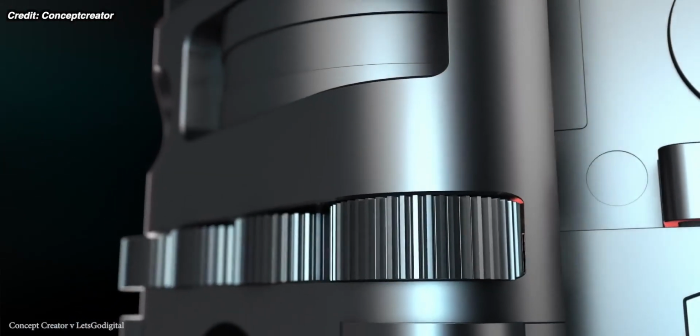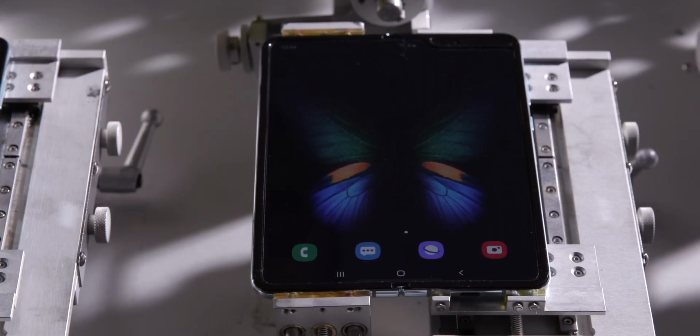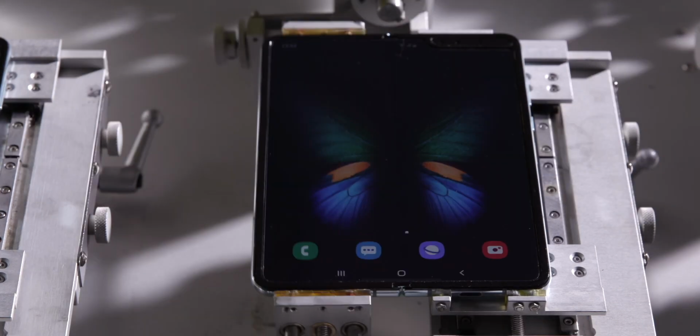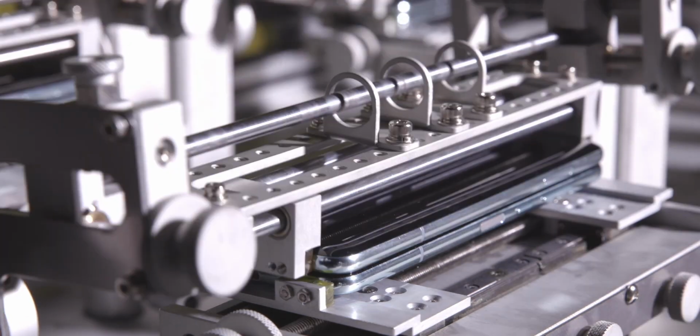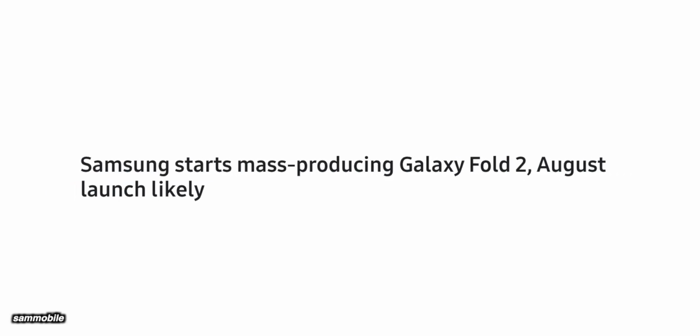summer along with the Note 20 series. They told us officially that Note series phones and some more foldables were coming. Well, we now know from a report out of Korea that they've actually started making the parts for the Galaxy Fold 2. Just to remind you of the rumors when it comes to the Galaxy Fold 2, an inner screen